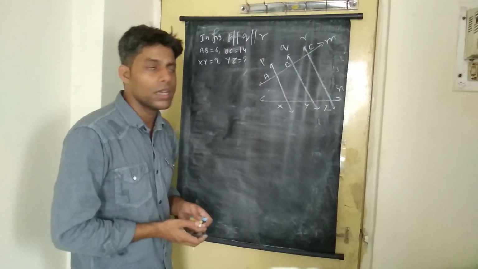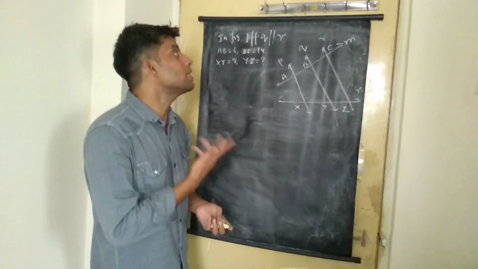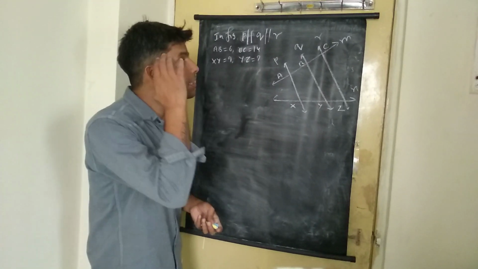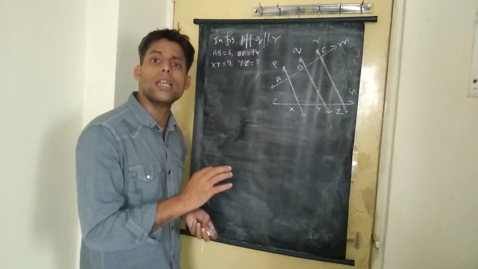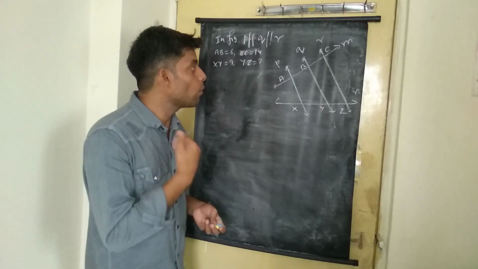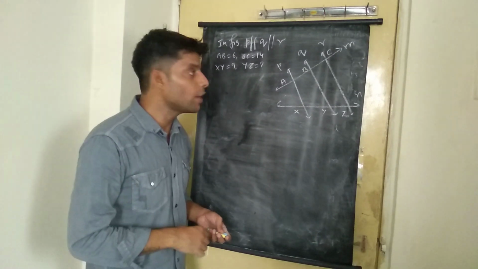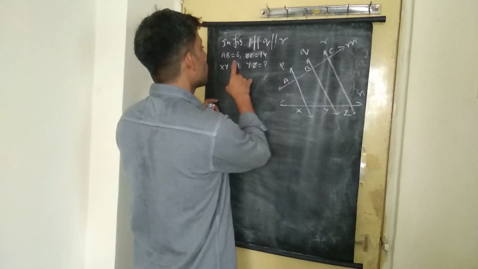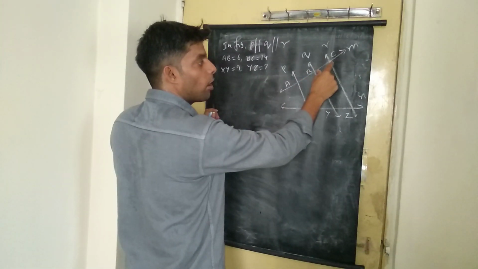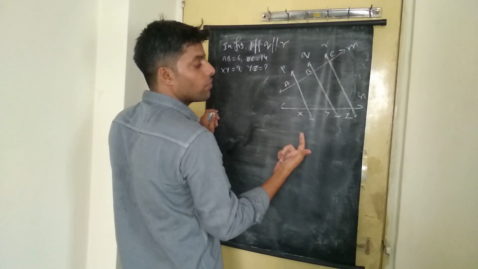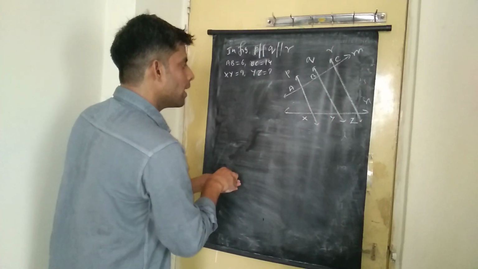For solving this problem, as we need to find a segment, we think of what is given in the question, and it is said that P is parallel to Q is parallel to R. So what do we see? Three lines are parallel. This surely reminds me of the property of intercepts made by three parallel lines. So we are going to apply that property. Let's see what ratio we get. We can form the ratio AB upon BC, and then the ratio of its corresponding intercepts will be XY upon YZ.